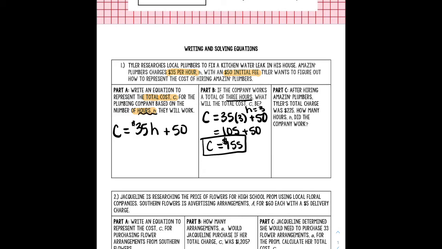So part C, after hiring Amazing Plumbers, Tyler's total charge was $225. How many hours did the company work? So C equals 225. That's the total amount he paid. So now I'm going to say 225 equals 35H plus 50. So now my goal is to get H by itself. I want to know how many hours he worked. So I draw my line, subtract 50 from both sides. So 225 minus 50 is 175 equals